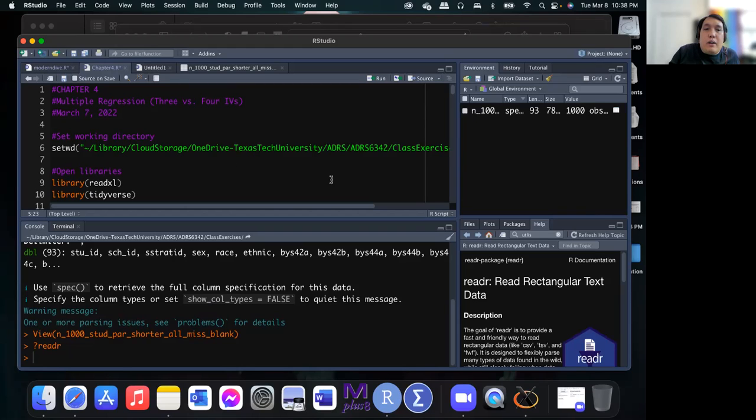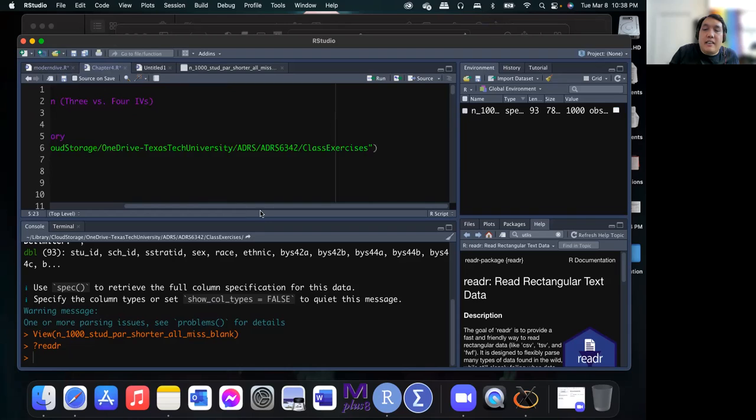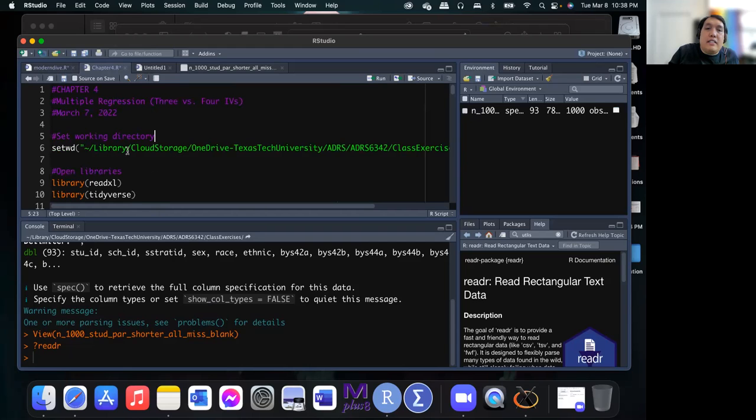And when we say working directory, this is basically telling R that the files that you need are stored in a particular folder, and that all files that you will save later on should also be stored in the specific working directory that you identified. So this one you can actually do using